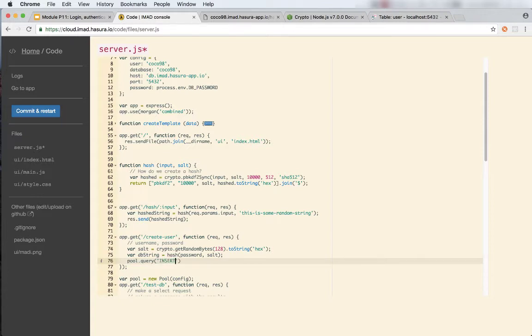We'll make an insert query, so insert into the user table, right? It's important to use these double quotes here because for Postgres, user is a bit of a reserved keyword, and we want to insert the columns username and password, and the values that we are inserting into it are $1 and $2, which represent two elements in an array, which are going to be username and dbstring. So dbstring is the hashed password. Once we have,